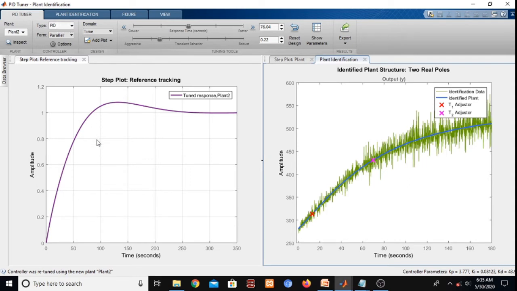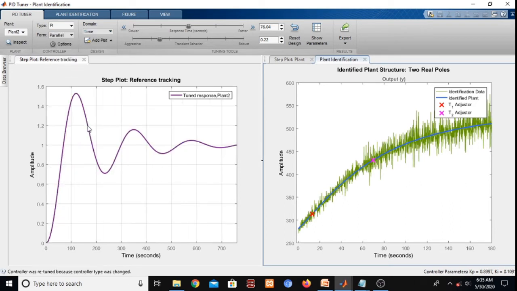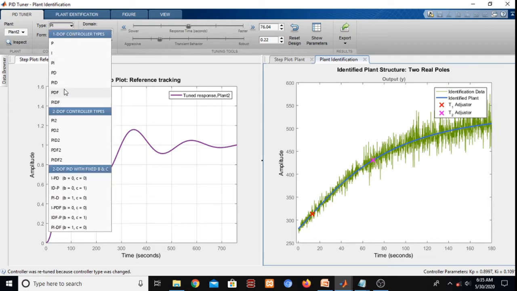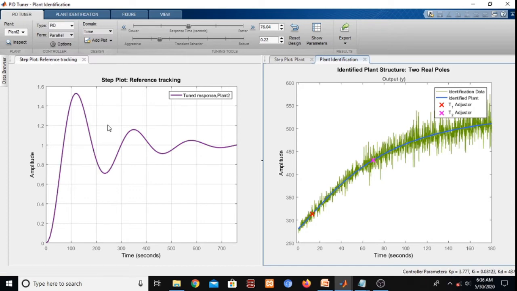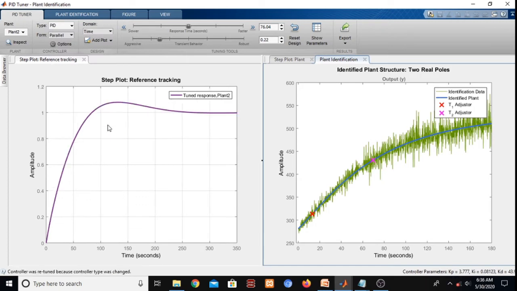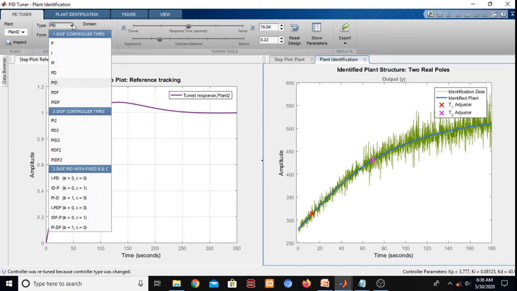You can also improve this. If let's say you have only PI, what happens? My system is oscillating basically. But if I choose PID, the system won't oscillate. What is PIDF?